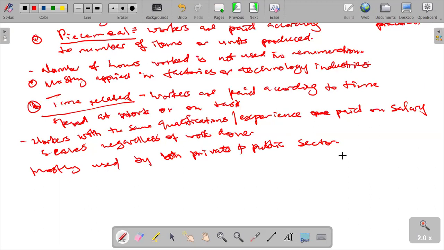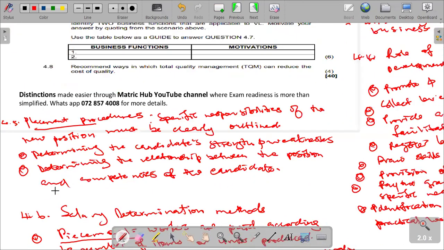It is a method that is mostly used by both public and private sector. That is one key thing that we must understand. And then our last question that we just have to look at